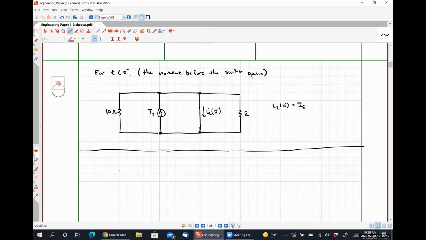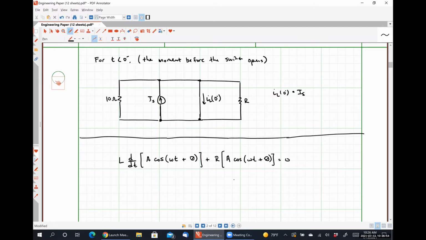We would have L times the derivative of, let's say that we had A cosine(omega t plus some phase angle theta), plus R times the same A cosine(omega t plus theta), is equal to 0. So if we do this math, we would have